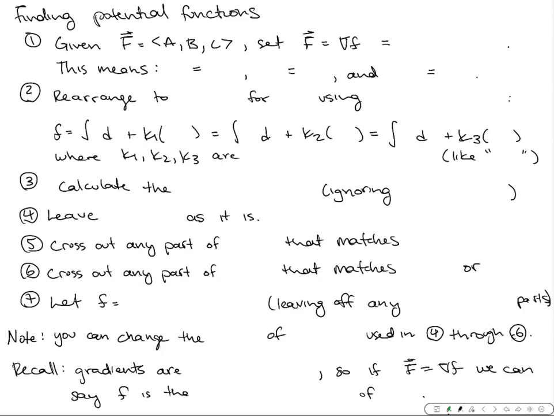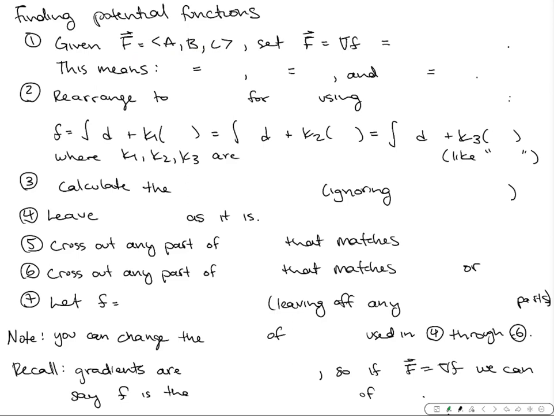So in order to find a potential function for a vector field, we're going to have a lot of steps that are on the screen, and it might look kind of intimidating, but we're just going to go through it one at a time. So this is going to be something we do when we're given a vector field F equal to A, B, C, where